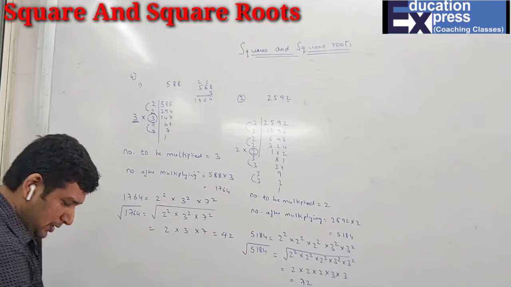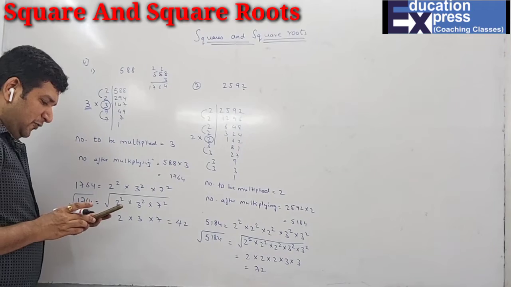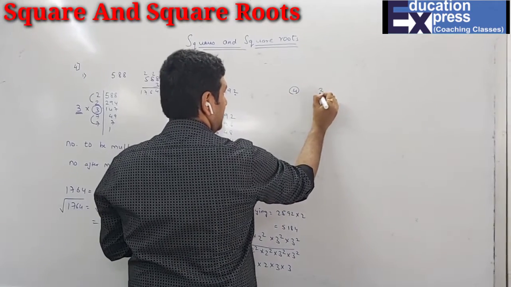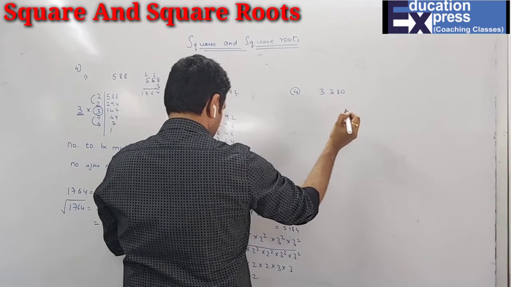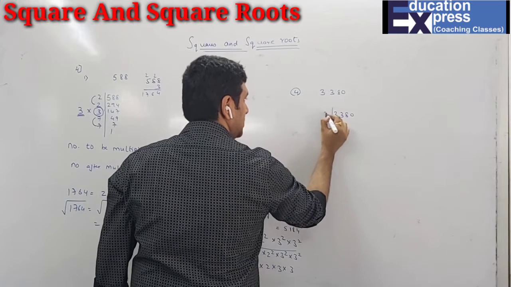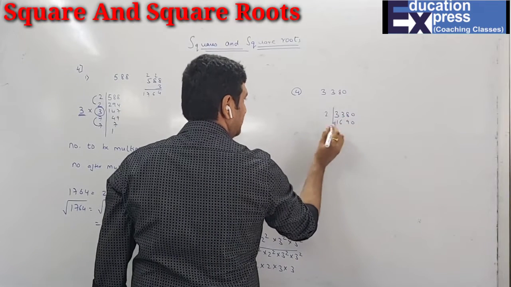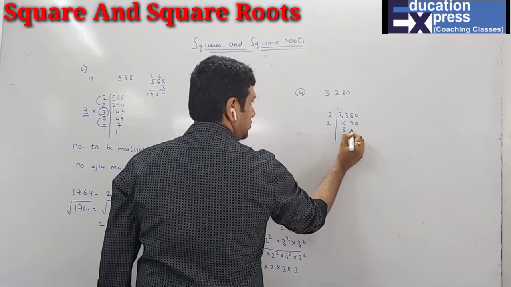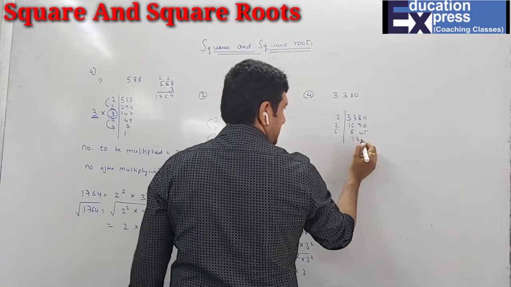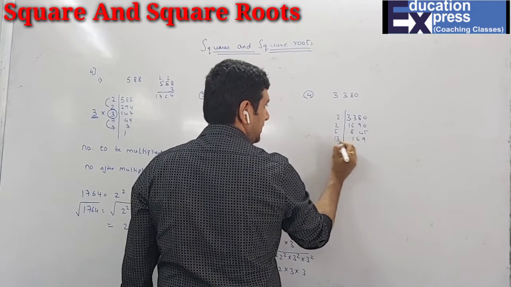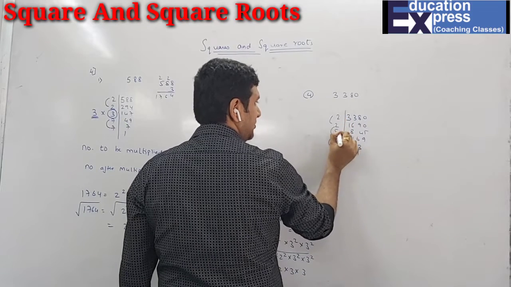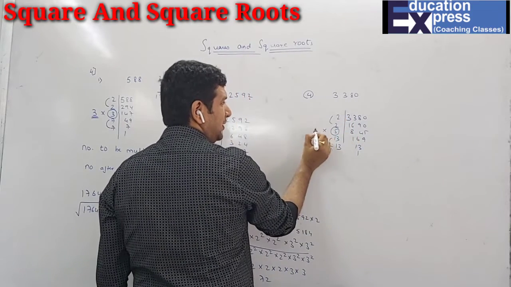Done. Next, I've done first and second, I'll do the fourth sum. 3380. So now for 3380, again I'll find the factors. 2 1 6 9 0, then 2 8s are, 2 45s are, 5 1s are, 5 6s are, 5 9s are, 13 13s are, 13 1s are. So now 2 square, 13 square. Why don't I have the square of 5? I have to multiply by 5.